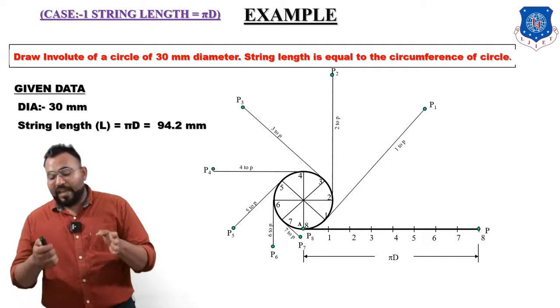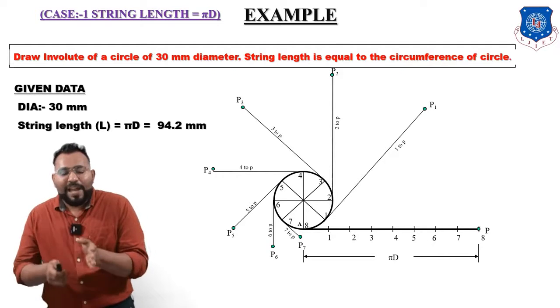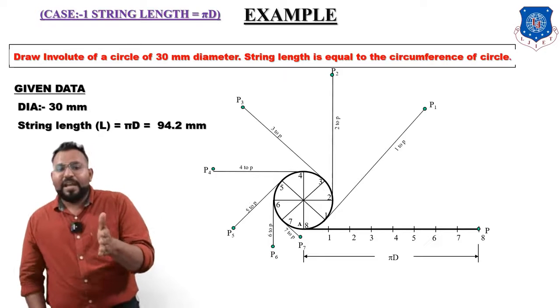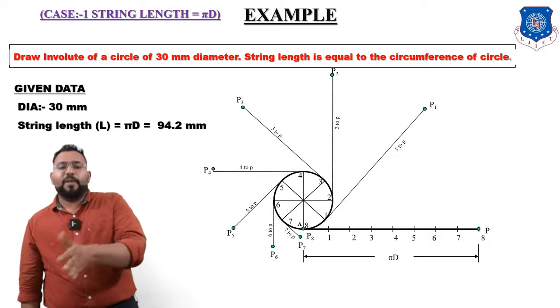You can see on your screen. Again I am going to repeat: for point 8 you have to take a distance equal to 8 to P on the string. So what will happen, now you come onto the circle, it will become that point itself. So now see on your screen, because point 8 will become point P8.